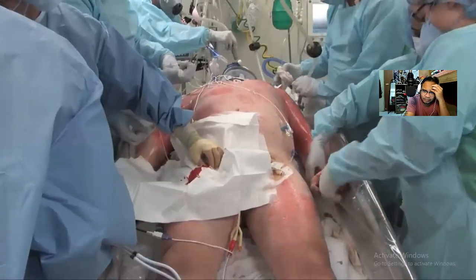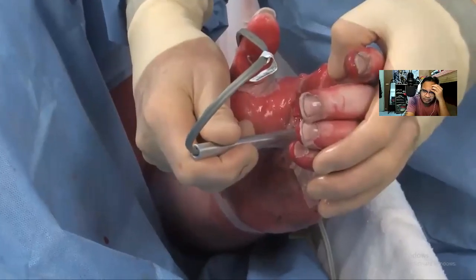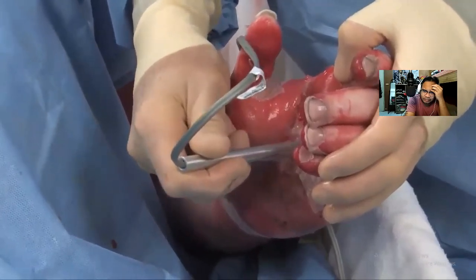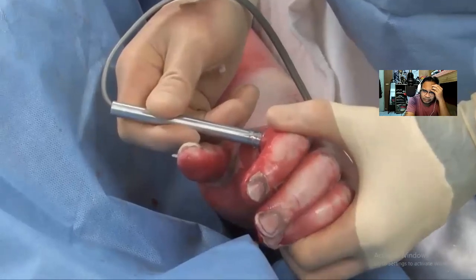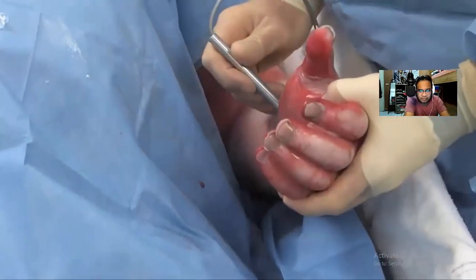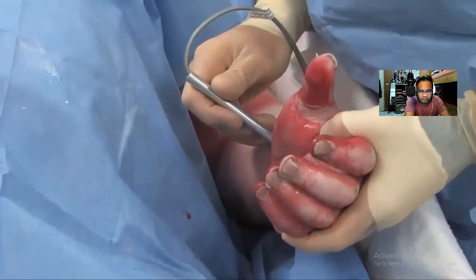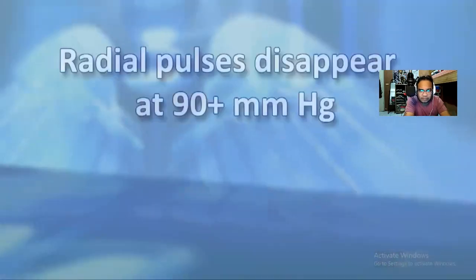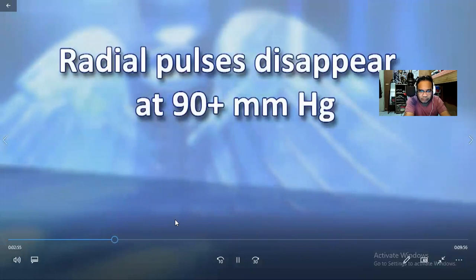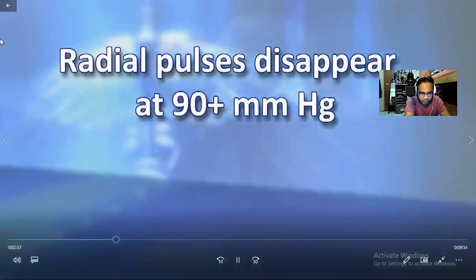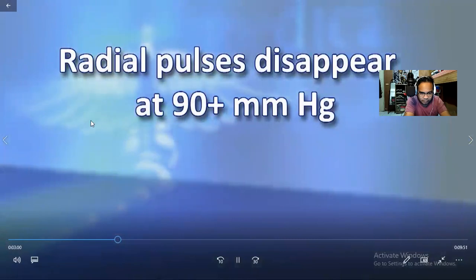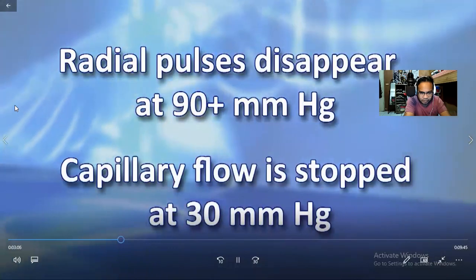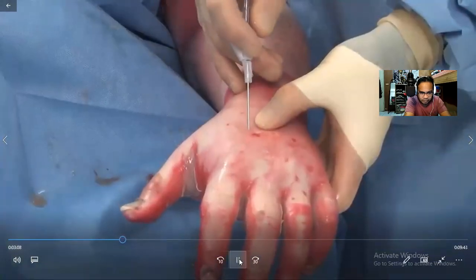The obtunded patient is more difficult to assess. Non-invasive techniques for evaluating adequacy of blood flow include checking Doppler flow signals in the palmar arch and digital arteries. Warning: the presence of palpable pulses in the wrist or ankle does not guarantee adequate blood flow to arterioles or capillaries in the hands or feet. For example, radial pulses will not disappear until interstitial pressures exceed 90 millimeters of mercury, whereas capillary blood flow is stopped at only 30 millimeters of mercury pressure. The gold standard for